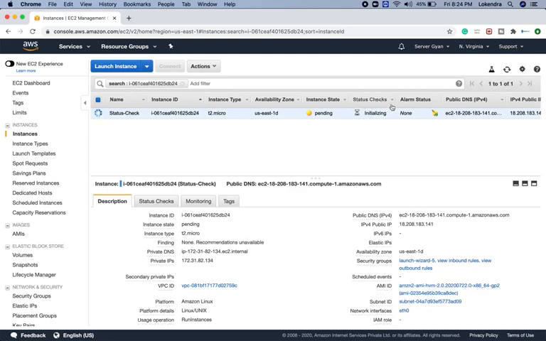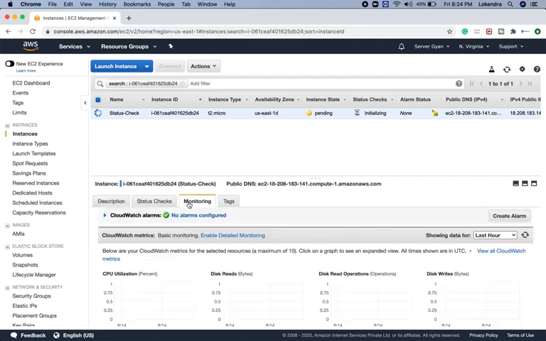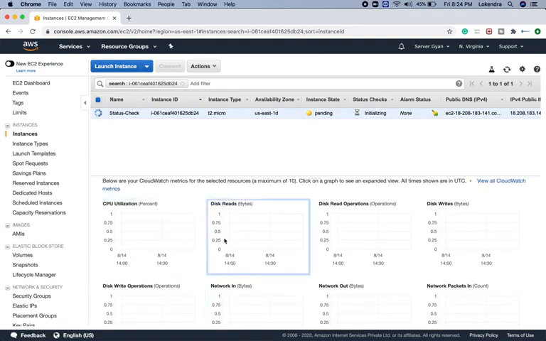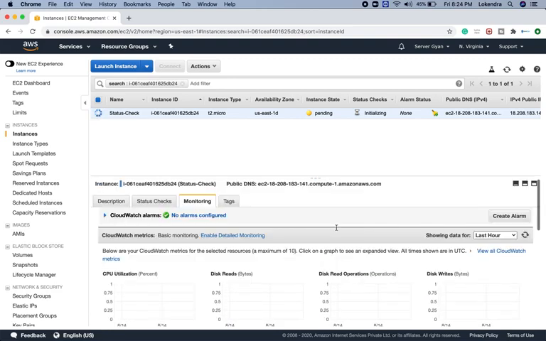Fine, what does status check mean? As soon as you go to the monitoring section, you will see that there are multiple options here which are being monitored by default by AWS. Now what do you need to check here, how are you going to ensure that these are the particular things you want to check, and how are you going to set an alarm here?